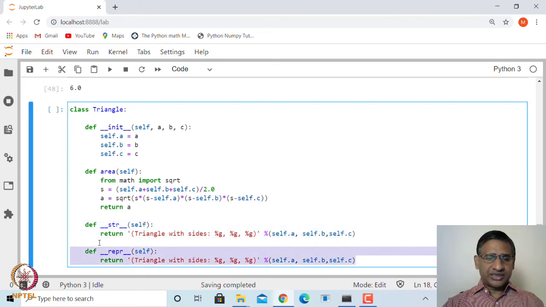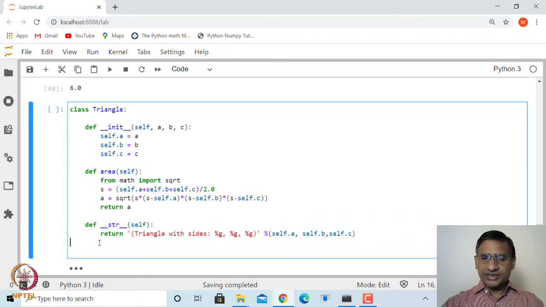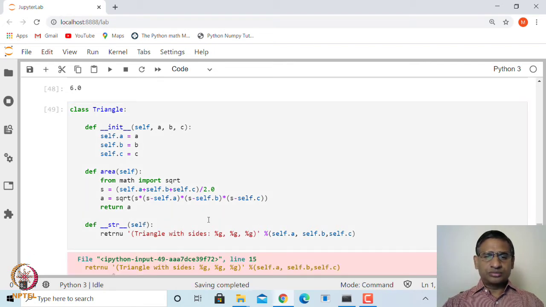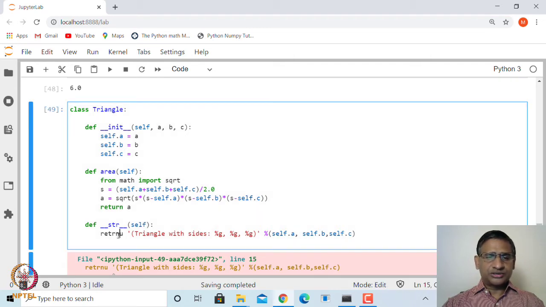For the time being, let me just have str return something. str should always return a string. So we are saying that it is a triangle with sides, and this will get replaced by a, b, c using percentage d, percentage g, percentage g. These are the replacement operators for a, b, c. Now return, spelling mistake, return.